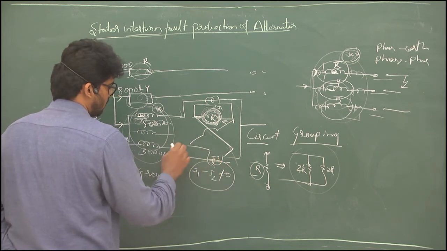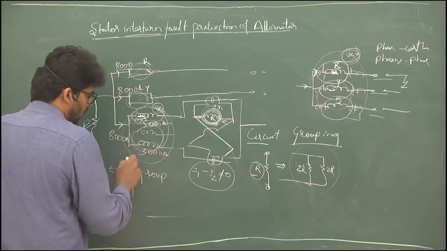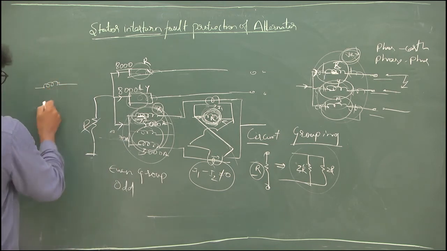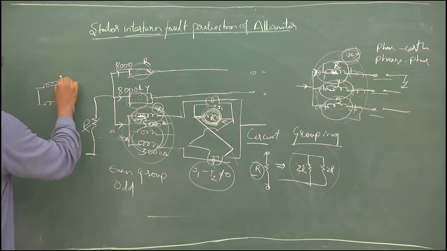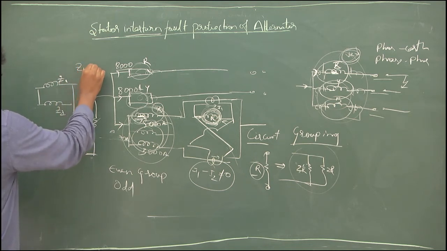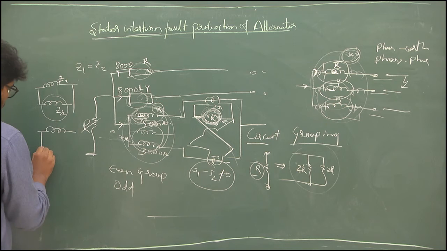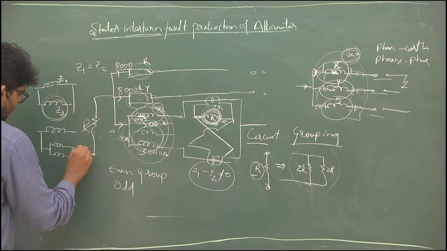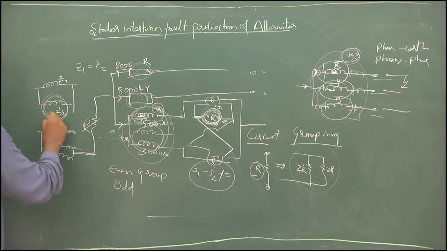so this is one alternator, this is one phase, and this is a phase of a combination of another. Say for example, you want to draw the equivalent of this. Let us say this is Z, and this is Z1 and Z2. So Z1 will be equal to Z2. Now you want to replace Z2 with 2 sections. So the resultant of this is Z2 only. Now the CTs of each individual phase will be in such a way that it is equivalent to this phase.